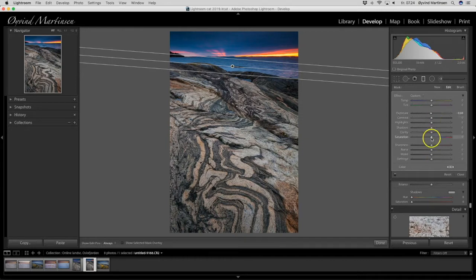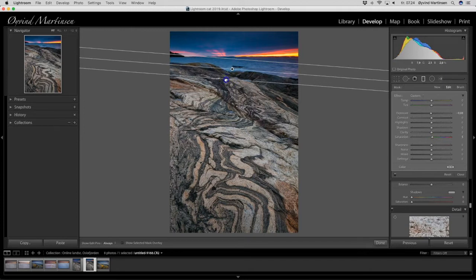I can also add a little bit saturation if I want to. Not too much like this, and not too little like this. Just a tint or more colors. There. I can drag this a little bit